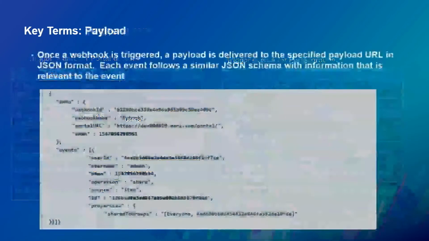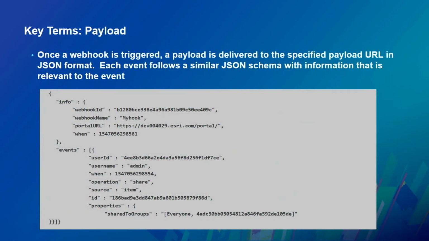Next key term is the payload. Once the webhook is triggered, a payload is delivered to the specified payload URL in JSON format, and each event will follow a similar JSON schema as you see. I won't go through all of this, but we have some high-level information about the webhook at the top